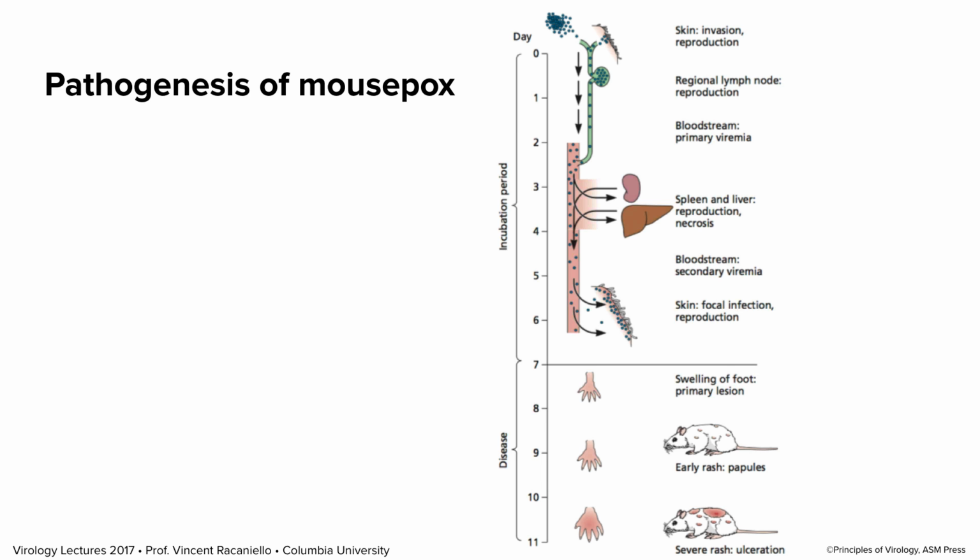When the rash arises, the foot pad also swells. That's the original site of inoculation, and this is an immune response to the presence of virus. So this is a classic series of experiments done by Frank Fenner, an Australian virologist, who for the first time showed how viral infections proceed, from local multiplication to primary viremia, seeding of secondary organs, secondary viremia, and in this case, the skin. And we'll see how this applies to human infections as well.